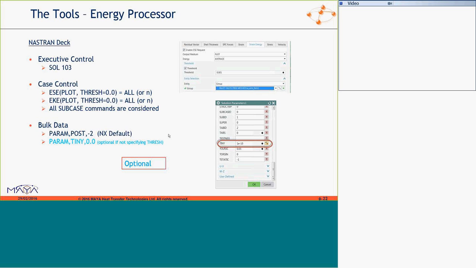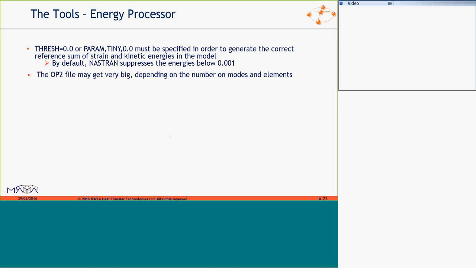Running Nastran solutions from NX Nastran from NX. Okay, so I'll be showing you how to set that up for each processor.